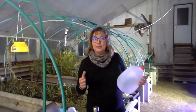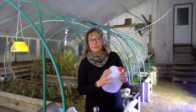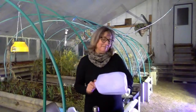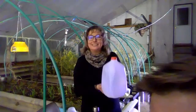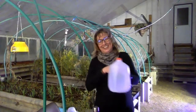Number one, I get a better product in the end. Milk jug planting is a way of having Mother Nature do all that heavy lifting for you. You cannot replicate the sun. There's a lot of different lighting companies that have attempted to, and there's great products out there. We actually do use some of those in the greenhouse, but you can't replicate the amazing light that you get from the sun. So having these outside where the sun,